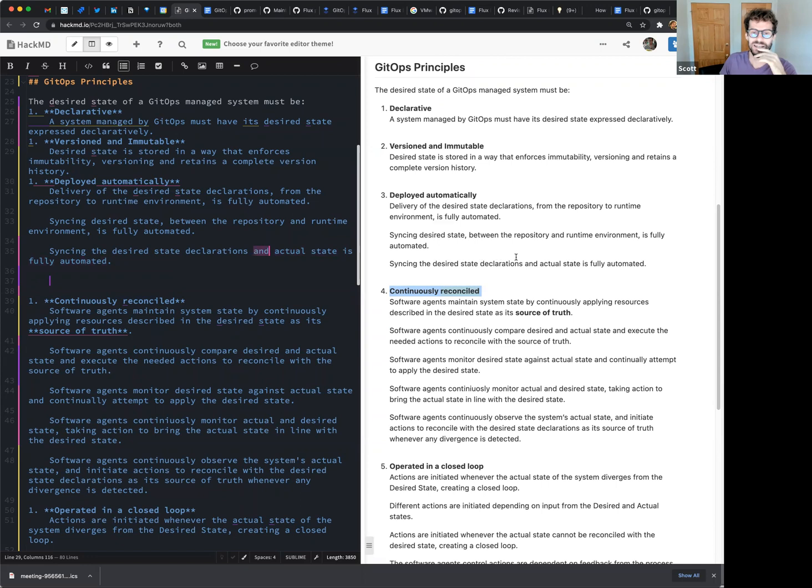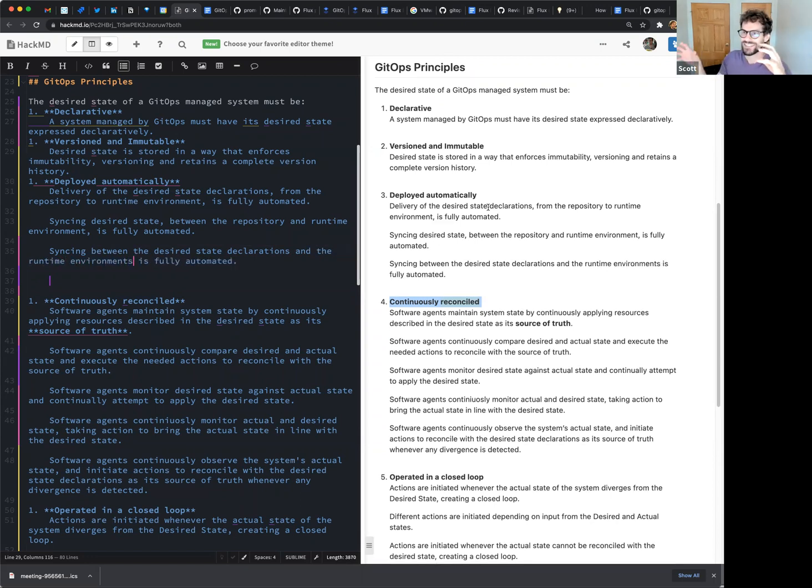You see what I mean? I think maybe that's why the language before was syncing from the repository to runtime environment, because it's just easier to say and make clear what you're talking about. How about that? What about that last one? Syncing between